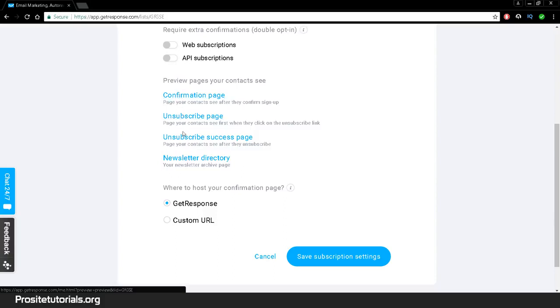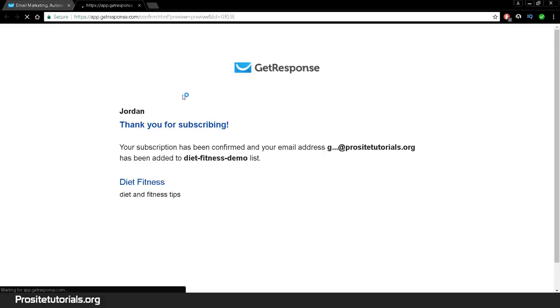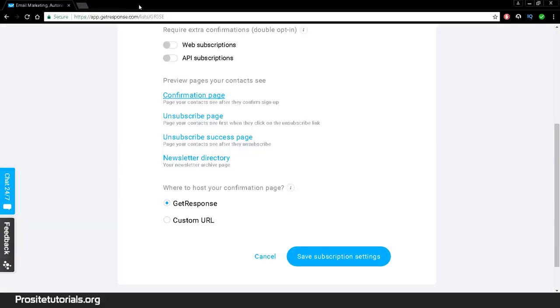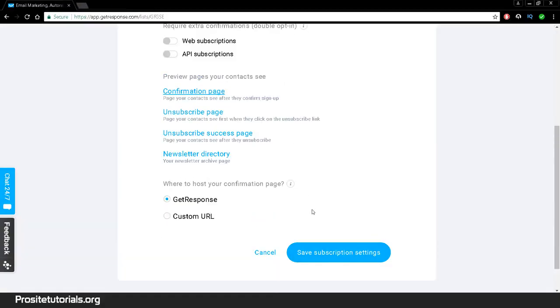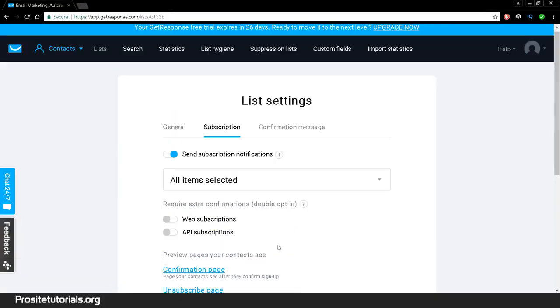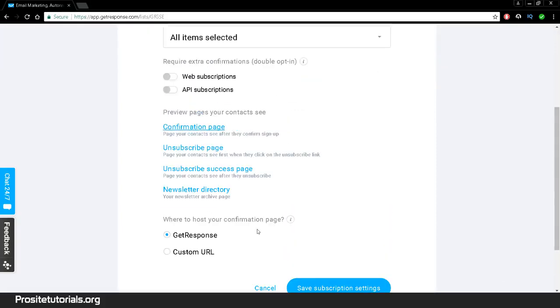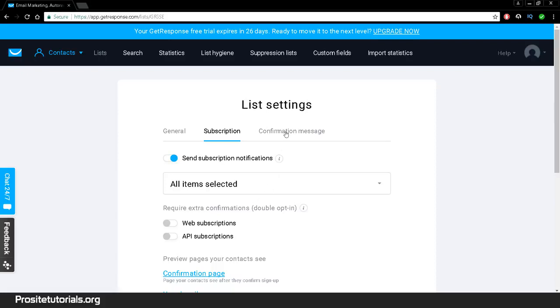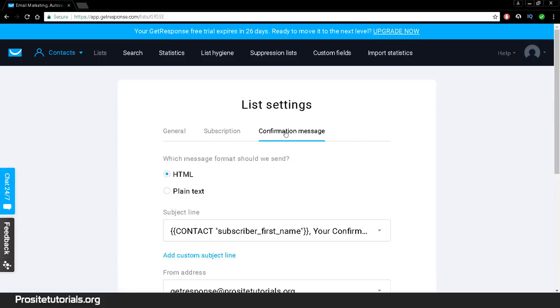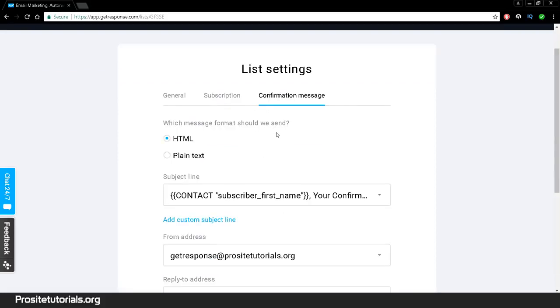You might want to check each of these pages so you can get a better look of how exactly they look like. Thank you for subscribing. Actually, you can later on change this if you want. And that is pretty much. Over here I actually didn't change anything, but if you make any kind of changes, you may want to save subscription settings. Confirmation message. This is basically the message, the first message that your subscriber will receive to their email